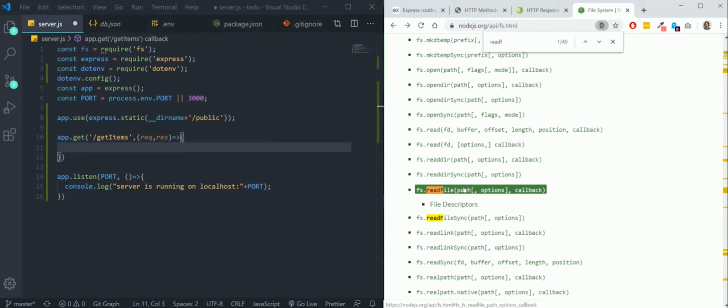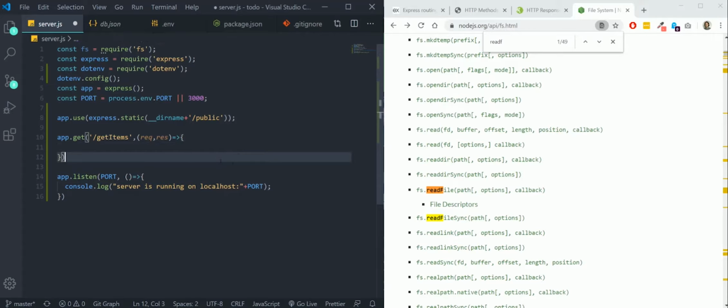There are 2 functions we could use. The first one is read file, and the second one is read file sync. Read file sync is synchronous, read file is asynchronous. Asynchronous means it will execute and not wait for the next line to be executed. Synchronous will mean it is going to execute the read file, and if it's done, then it will go to the next line. So we're going to use the read file, the asynchronous method,